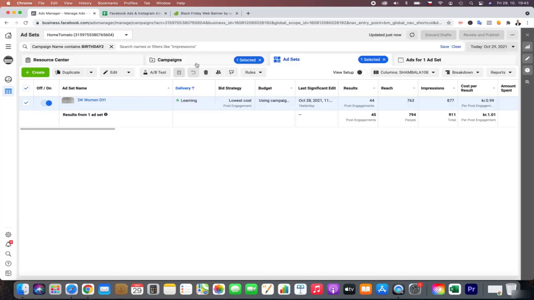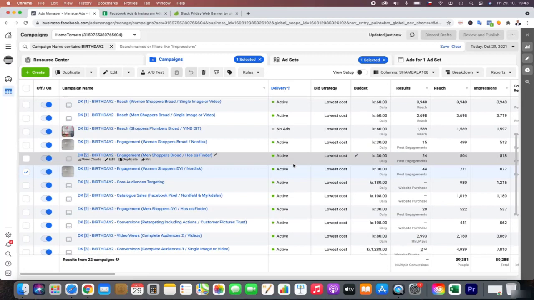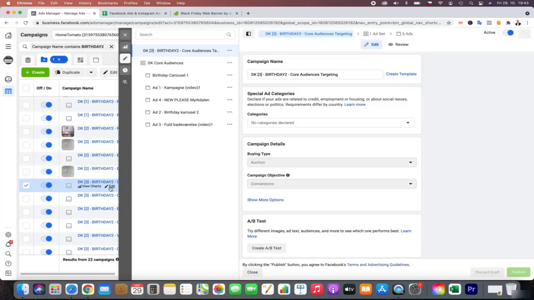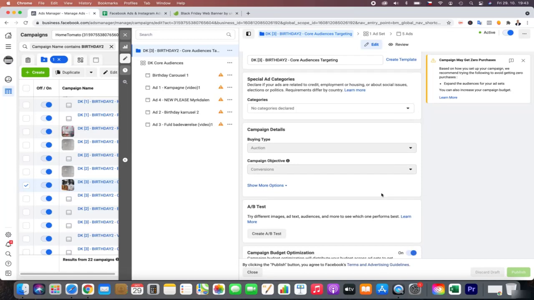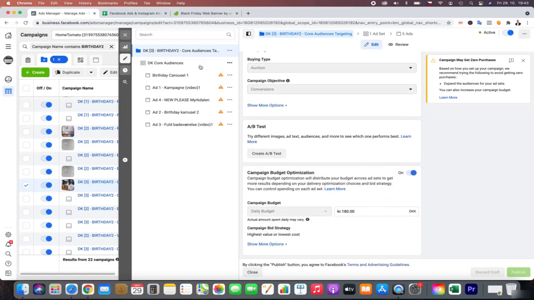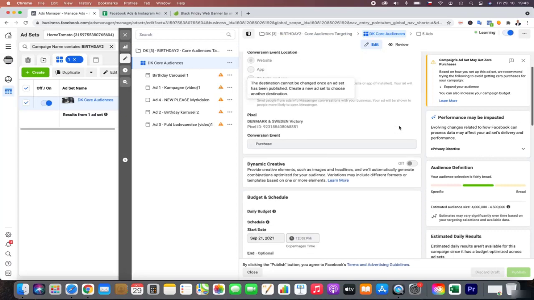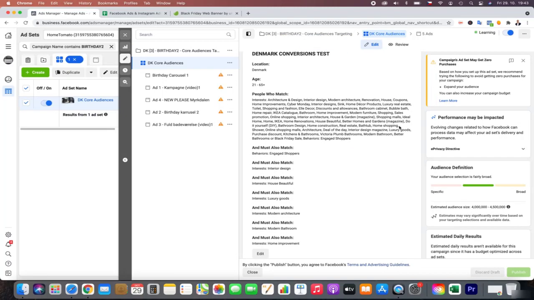So this is just an introduction to this step-by-step process. Now I will show you, this is a test. I have been mainly using custom lookalike audiences, but we have also been testing something a little bit more targeted.